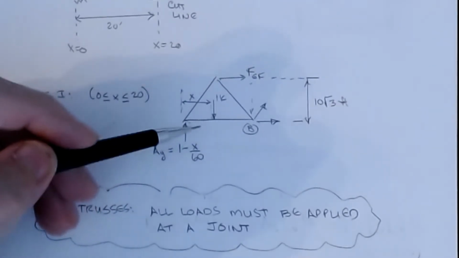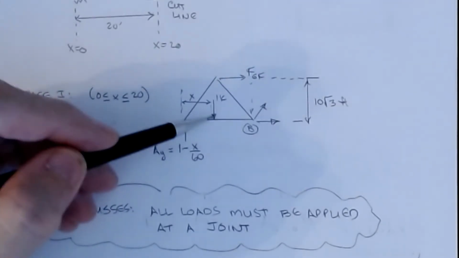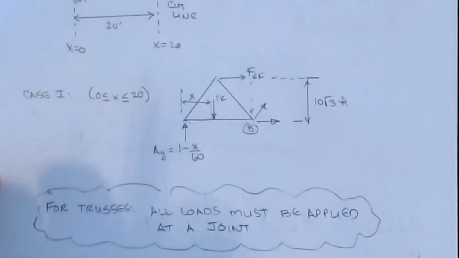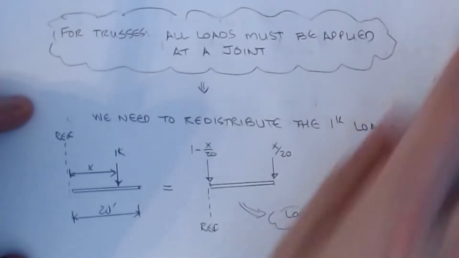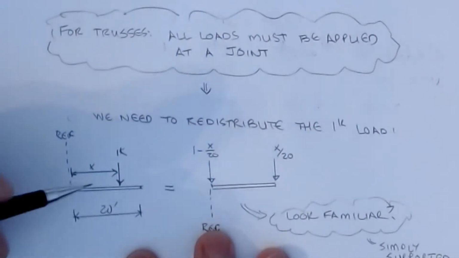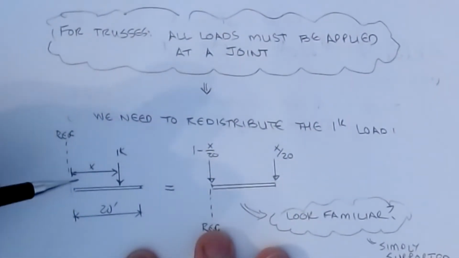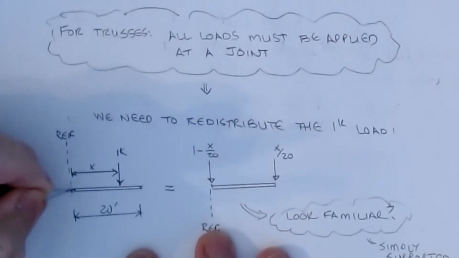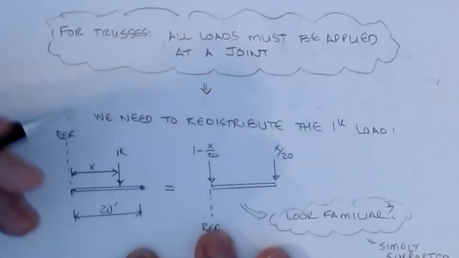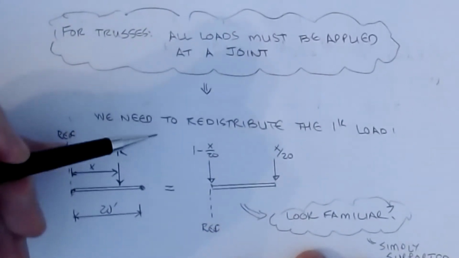Okay, so for it to be a truss, I have to somehow get this load passed out to the joints on either side. And so this is what we're going to look at. Okay, so if I have an arrangement that looks something like this, here's a member that's located at x from 1 and has a load somewhere along its own member. So if I put a joint there and a joint there, I can pass this load out as such